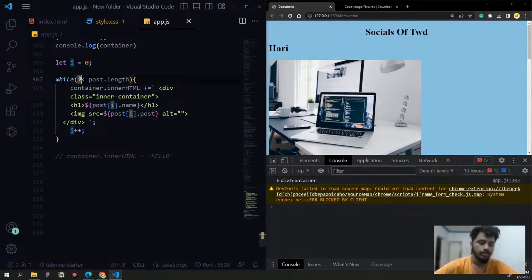Why is the name not printing horizontally now? The name is not printing horizontally because we added that in a div, okay. Anything that is a div by default has a block level scope, right? So it occupies the entire space. If you add a letter, simply a letter, that is going to take inline level, so that is basic HTML. So block level is going to take the entire space. So this h1 is going to take the entire space. You can see if I refresh it,